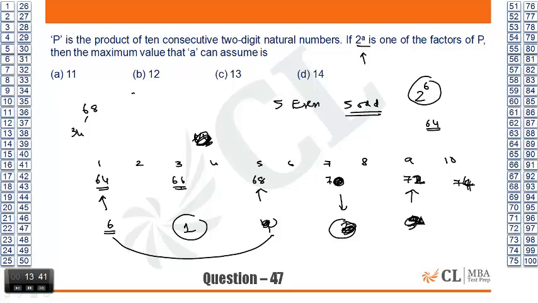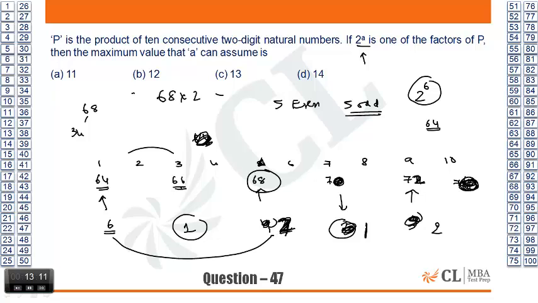What nonsense are you doing? Mind is not working. 68 is 2 into something. How many powers of 2? 1 power of 2. Sorry, 2 powers of 2. 70 gives me 1 power of 2. 72 is a multiple of 4, so 2 powers of 2. And what is 7? 64, 66, 68, 70, 72. 2 powers of 2. So 6, 7, 8, 9, 10, 11. Yeah, 11.